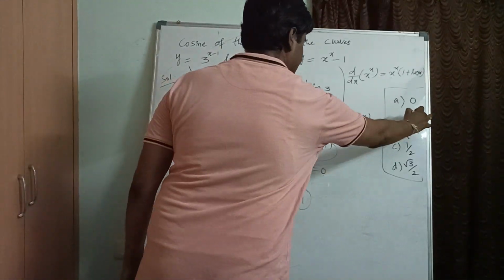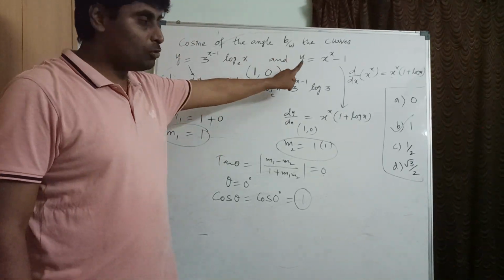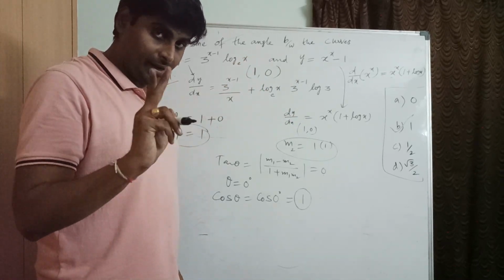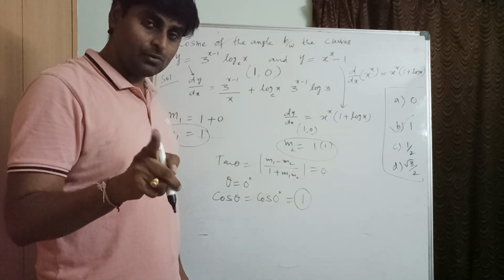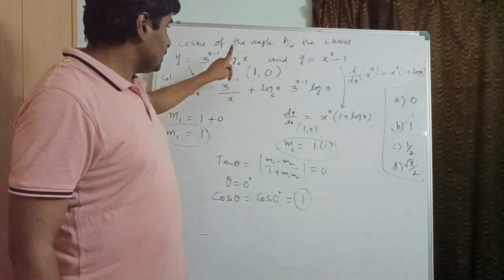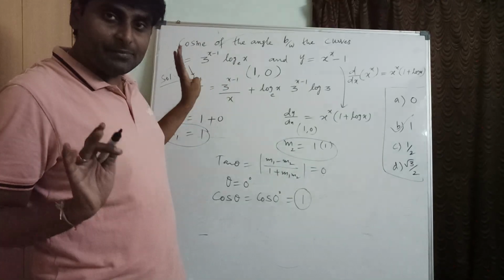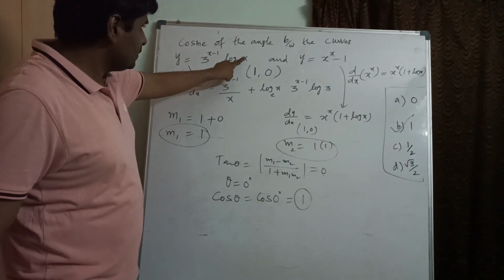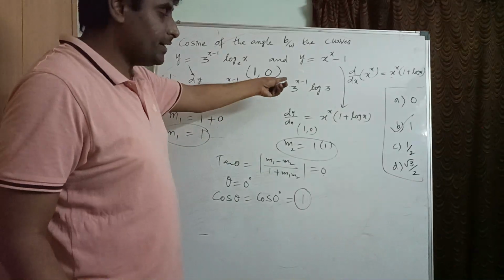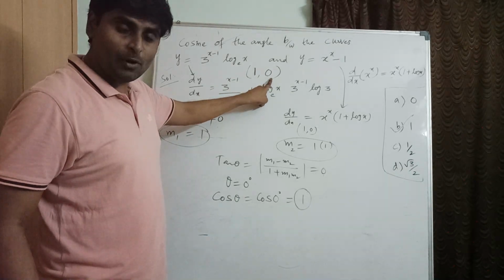So hope you can understand. Clear? It's very simple. Let me explain once again. You are given two curves, but to find the angle between both curves, we need m1 and m2. To find m1 and m2, we need the point of intersection first. Directly we can observe. Observing the point of contact is very important here. If you substitute 1, log 1 is 0. Here also 1 power 1 is 1, 1 minus 1 is 0. So 1 comma 0 is the point of contact because 1 comma 0 satisfies both the curves. Once you get the point of contact, that's it.